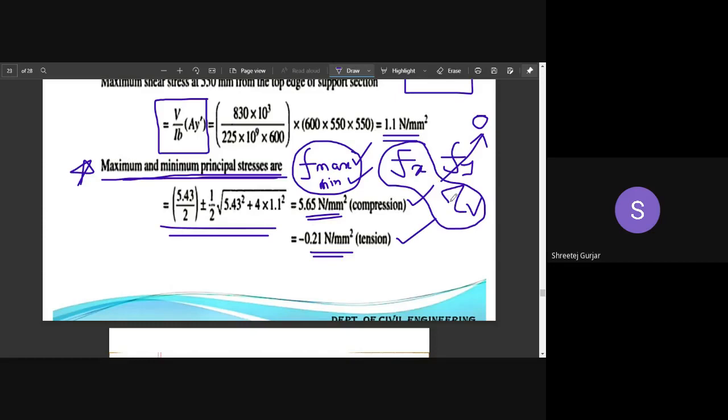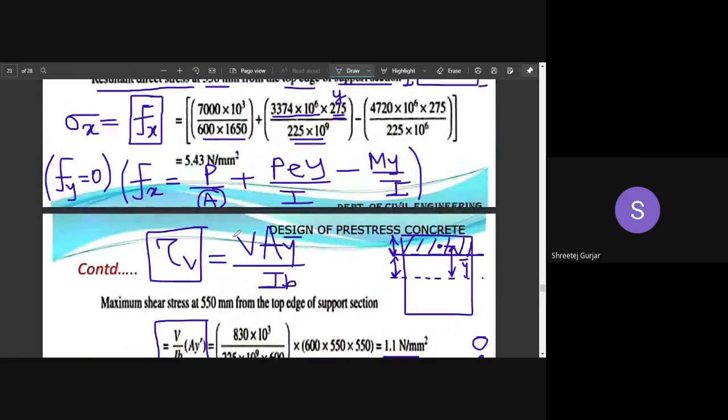So for these two, whatever is required, we need to calculate first. For calculation of Fx, I have written here the formula. So we need the pre-stressing force P, that is nothing but the total force acting in the cable, that is number of cables into 1000, the force per cable. So 7000 here, the area of cross section of the beam. This particular y variable we need to find out, and we need to find out eccentricity e. Along with that, we need to find out the moment acting over here.